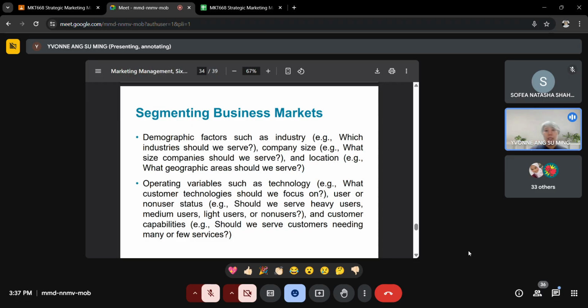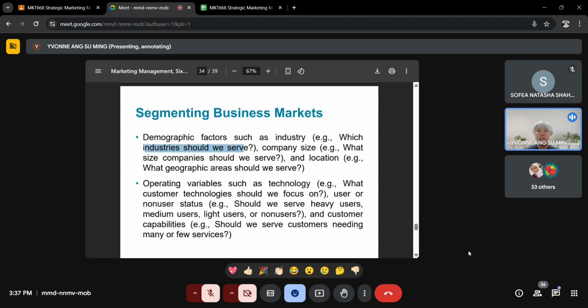Okay, so you can imagine that if I'm a business manager within Petronas, then how do I understand my business market? To understand my business market, I need some information. And the type of information I might collect to help me make my decision could be demographic factors of that industry. Okay, I'm selling to other businesses, so I need some demographic factors of businesses. So for example, what industry are they in? Okay, earlier I said that they are all in the flight industry, right? That's why they all fly into